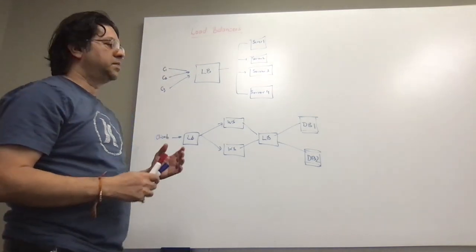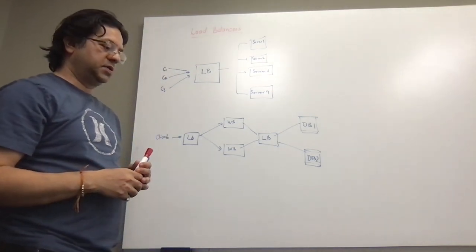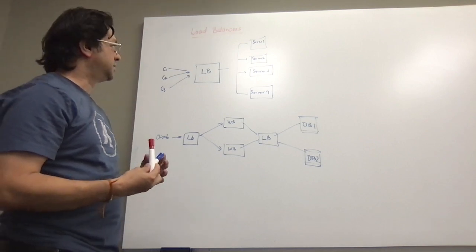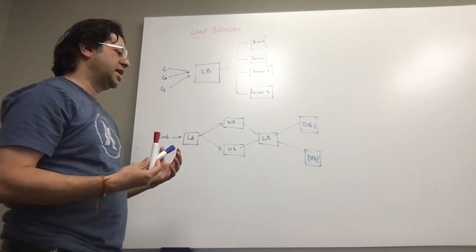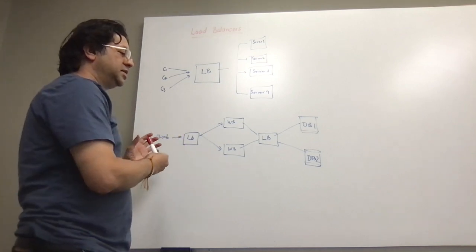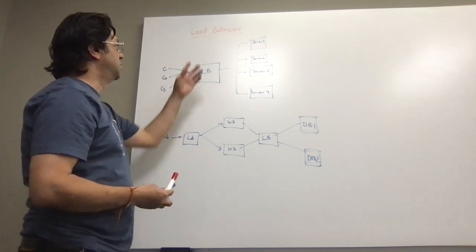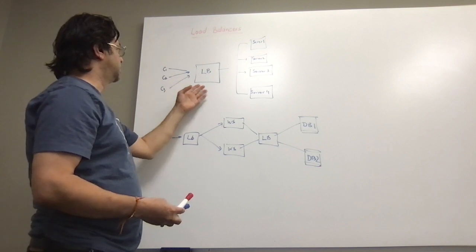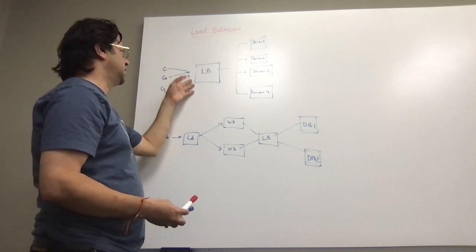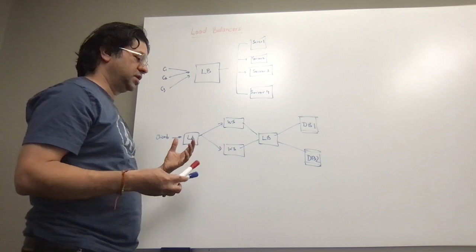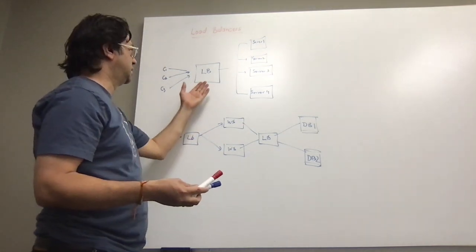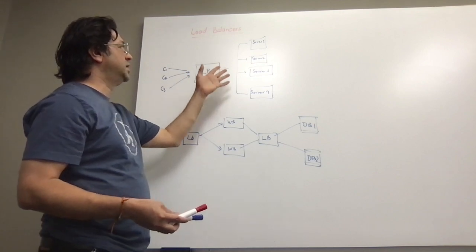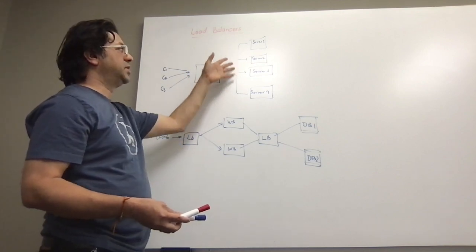One of the main components of distributed system design is the load balancer. A load balancer is a component which can distribute requests from the client to a set of servers. In this figure, a lot of client requests are coming. Let's say you are an online retail, online shopping store. A lot of requests are coming, and those requests have to be forwarded to the appropriate servers.